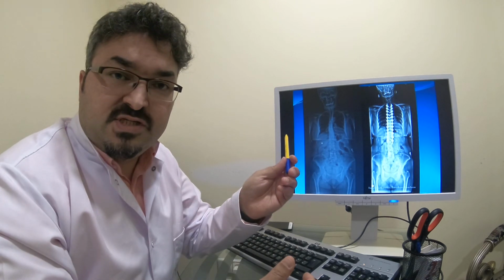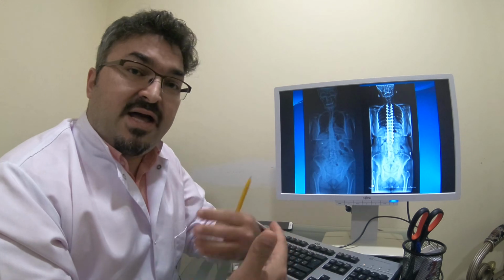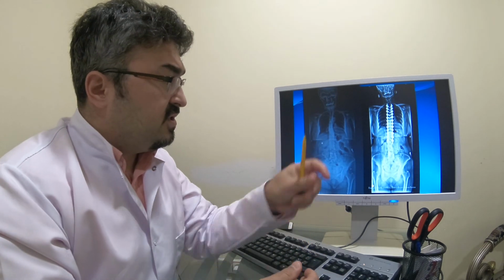In severe kyphosis, as you have seen here, there are some health benefits, but also there are a lot of